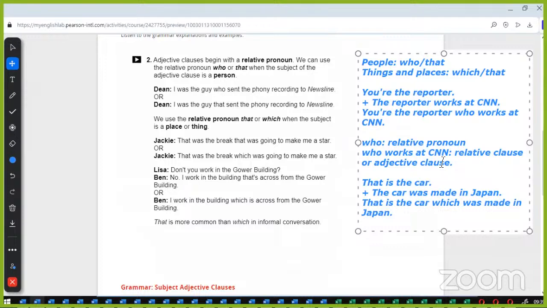Yes. Great. Or you could say that. Either way, but I would recommend in the TOEFL to use only which or who. Okay? That's what I do. Because that is too informal, to be honest. It really doesn't show that you know a lot of English. That's something that I wouldn't recommend.